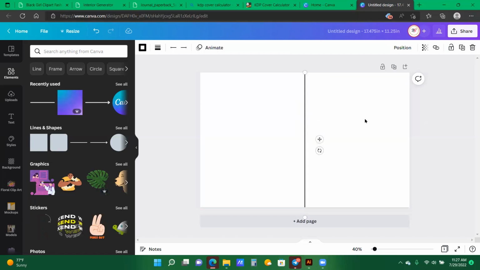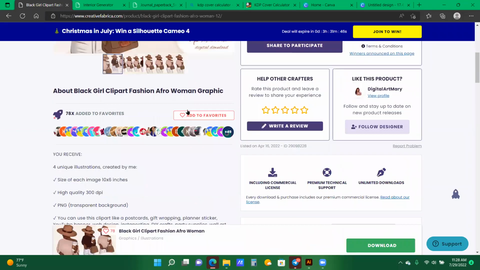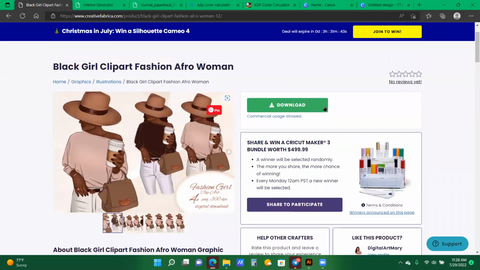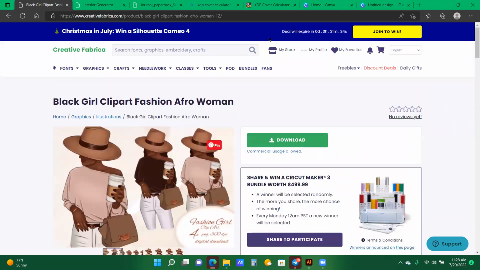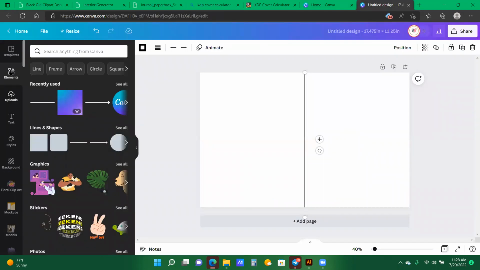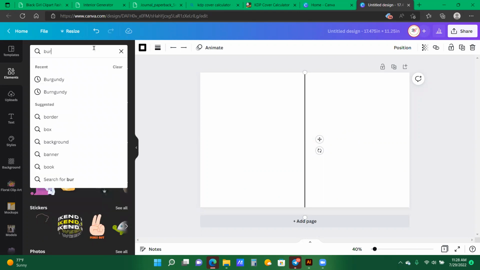So now what I want to do is decorate my front cover. I like to get most of my clip art from Creative Fabrica, but you can also get your clip art from Etsy. I have the subscription for Creative Fabrica, so I am getting unlimited downloads. But anyways, let me go back to my Canva, and I am going to type in, let's see, let's do,